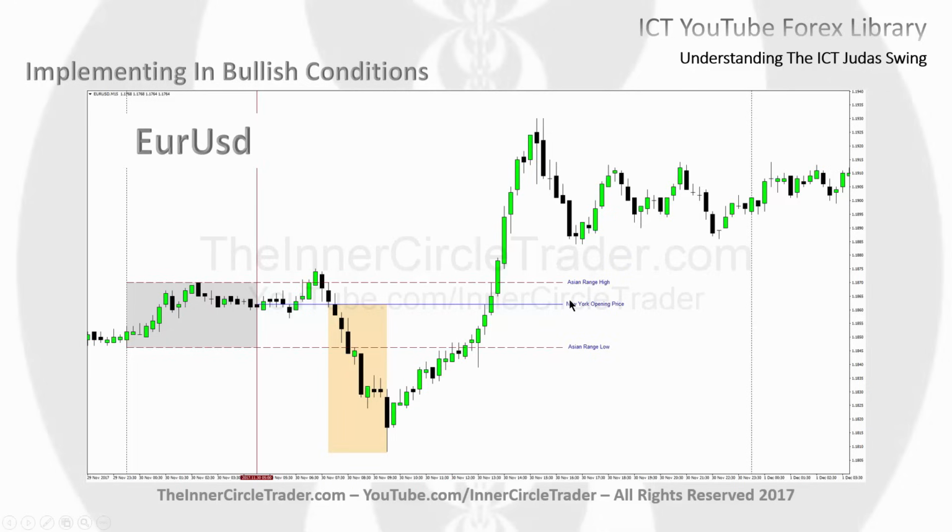I draw that out to around 11 o'clock in the morning. And obviously we see the Asian range high, Asian range low. The premise is we would have to already arrive at an analysis that lends well to bullish prices for Euro dollar for this particular day. If we have that assumption and we stick to our guns, if you will, about only